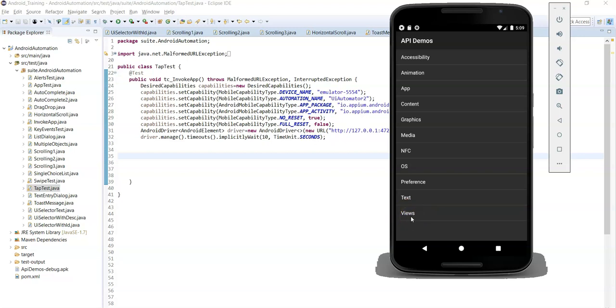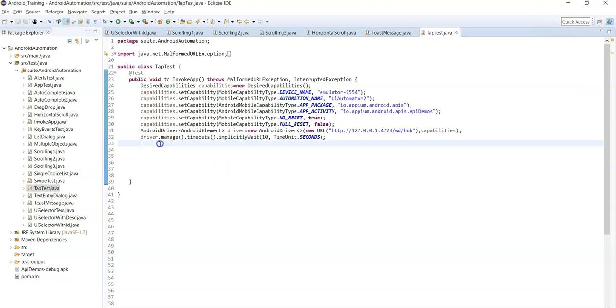You can use any of the locator strategies which we have seen in previous examples, like ID, class name, XPath, accessibility ID, find element by Android UI Automator. So you need to identify the locator first.